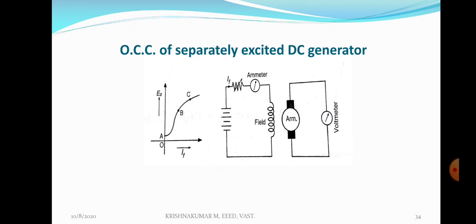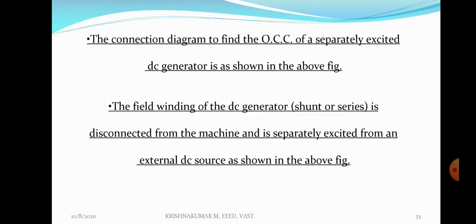These are the points that we have to notice from this curve. OA represents EMF due to residual magnetism. Up to point B there is linearity because reluctance of iron is negligibly small. After B, at higher flux density, permeability of iron decreases, reluctance of iron increases, therefore linearity is lost. After point C, the curve becomes almost constant because saturation of iron takes place. All these points we have to understand from this OCC of a DC generator.